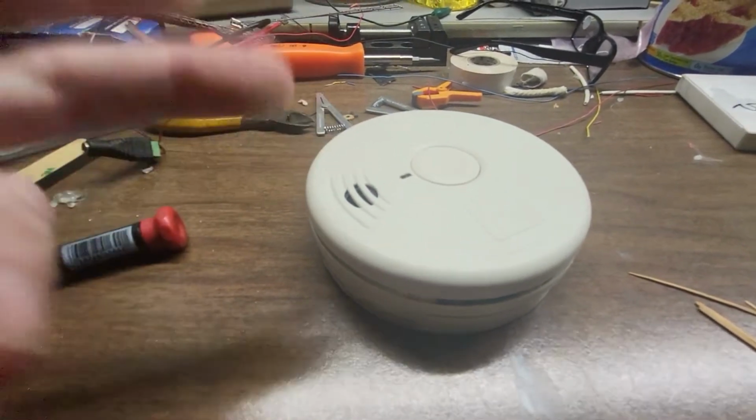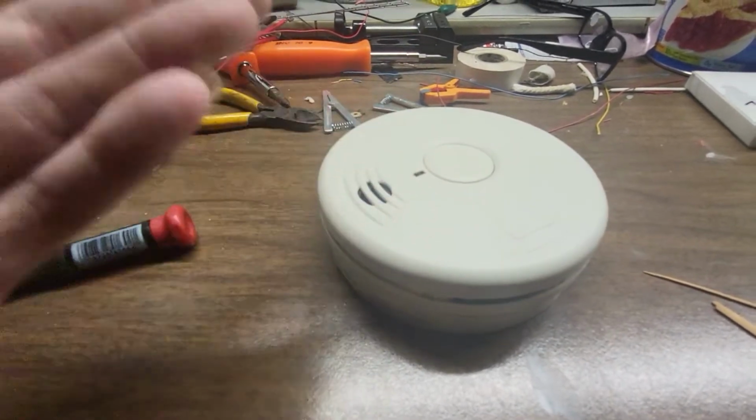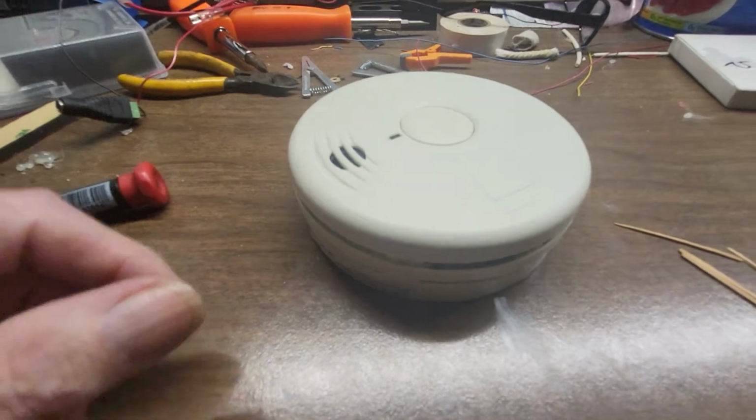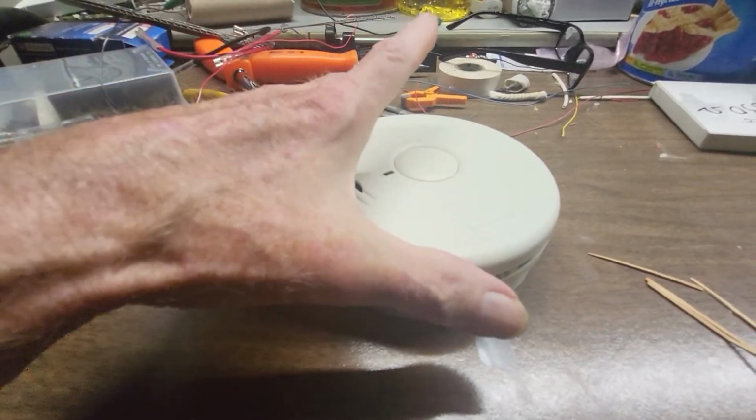My chamber is clean, so it was still false alarming. So this is bad. This is a defective unit. I'll just buy another one. But anyway, okay. So I'm going to try to do this with one hand. So if I take the cover off, let me see if I can do this. I'm just unsnapping it. You see these little